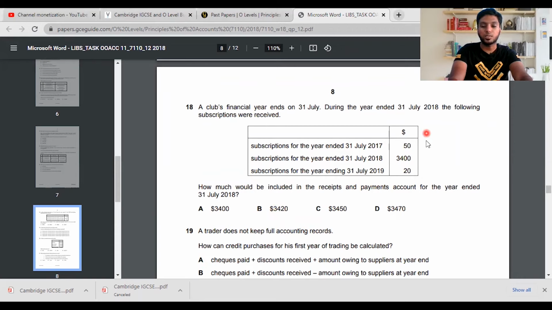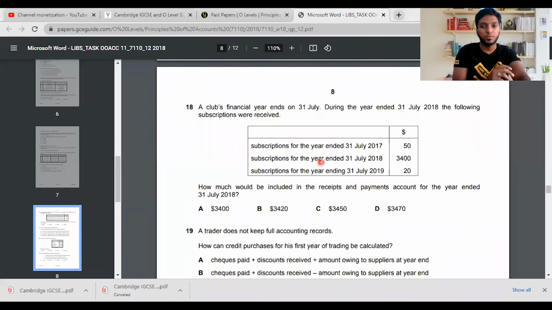So now this 2017 balance is an accrued balance which you need to receive, and you will receive it in the next year. I mean, in 2018 you should receive this balance, and then this 20 is for the upcoming year, which is the prepayment. So do we take this prepayment, and do we take this 50? That is what you need to understand. Of course 3,400 is going to be under the balance, but how do you find this 50 or 20 as a part of the sum?